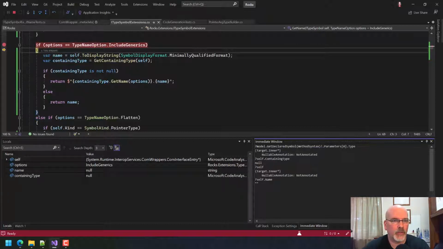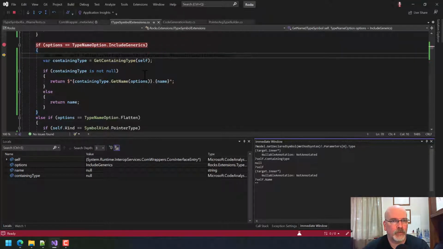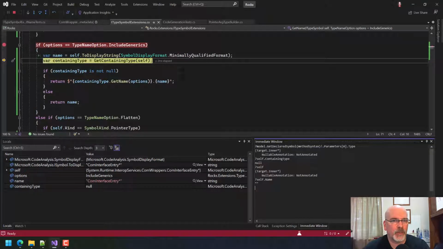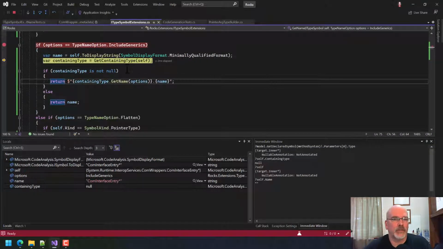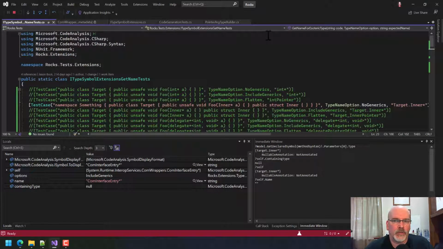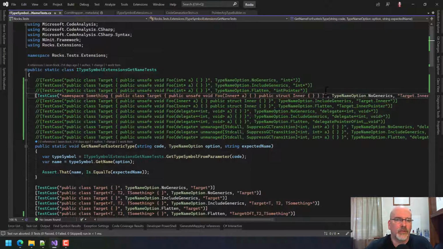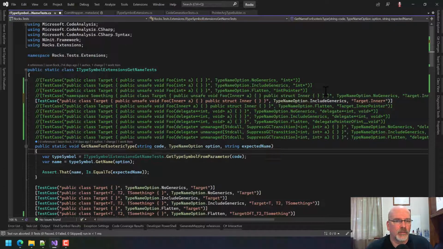And in this case, what am I trying to do? I'm trying to get generics. So what is this going to give me back? Com interface entry dot. Ironically, what was the test that was actually working? Include generics, I think it was. Yeah. Okay. Well, at least it's a little bit of a glimmer of light, because I bet